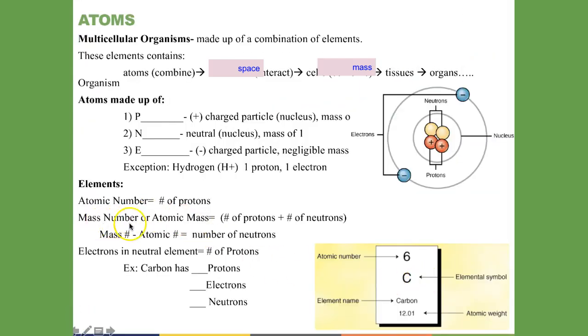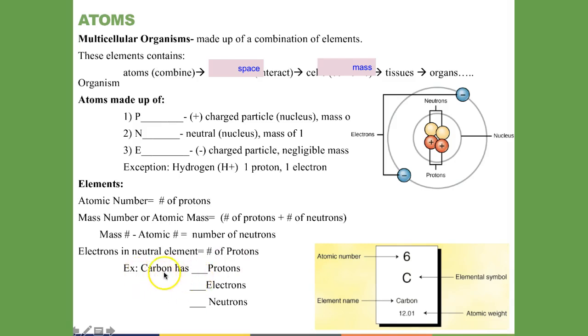Okay. Mass number, or the atomic mass, is the number of protons and the number of neutrons. Remember, neutrons are neutral. So the atomic mass right here is the protons, which are positively charged, and the neutrons. That is going to give you the atomic mass, right here. And the number of electrons in a neutral element is also the number of protons. So that's a lot. They give us a lot of information just here.